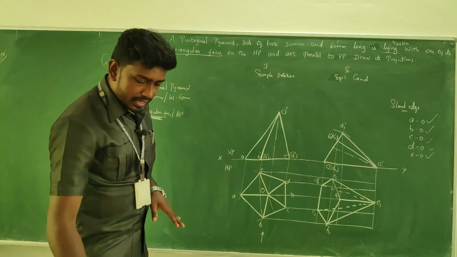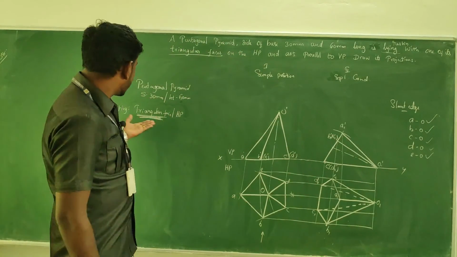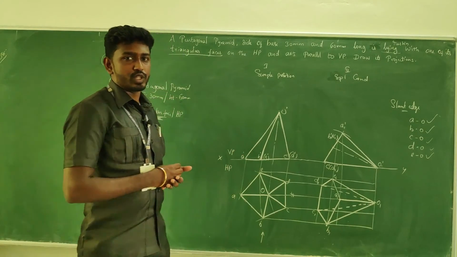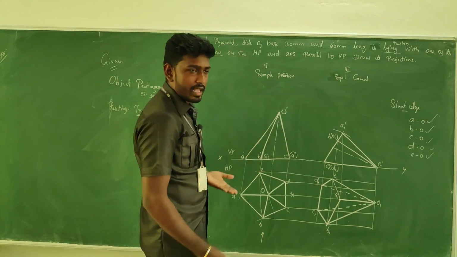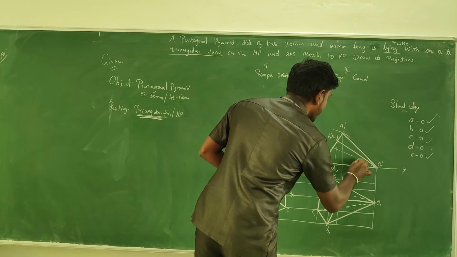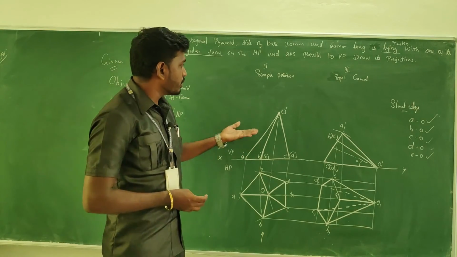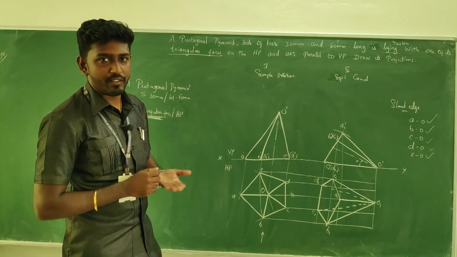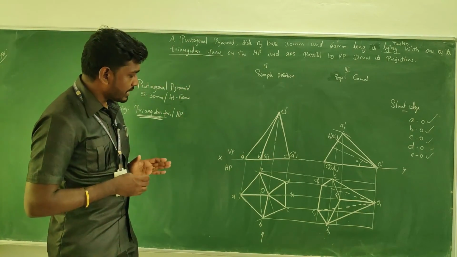Fine. So we got the final top view and final front view. When you are having the triangular face resting on HP, this is what we need to make the projection. Here you can see when it is lying on the HP plane, it is making some inclination with respect to HA. Am I right? That's why in the simple position we kept the axis perpendicular to HP. Have you got it? I hope you understood how to construct those things, right?